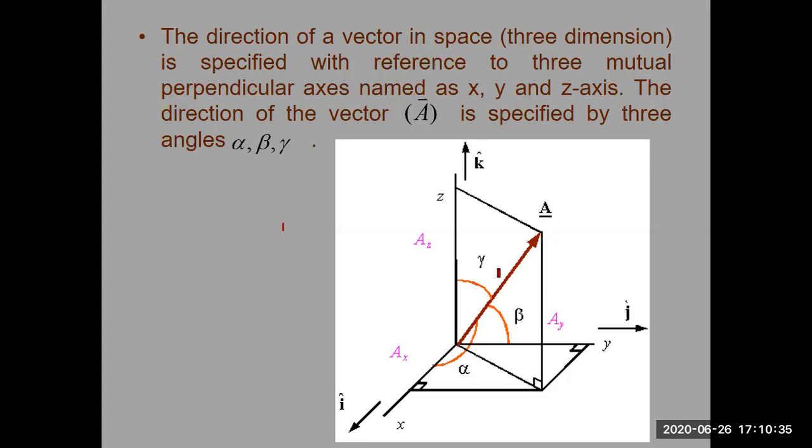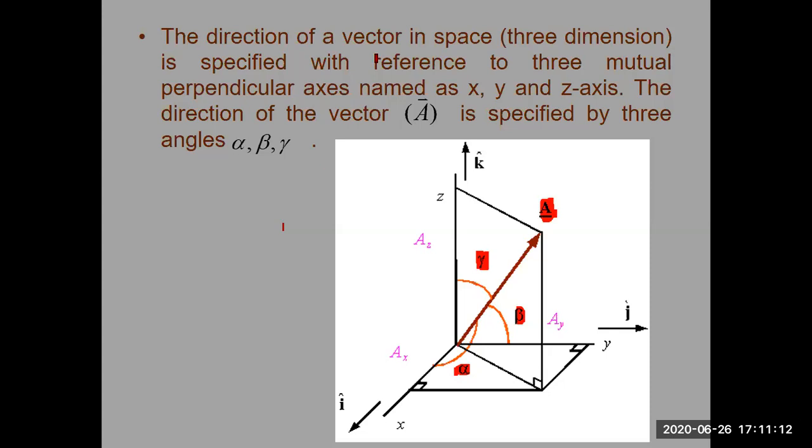If you look at the position of that vector, it is in between the three axes, that is A. This is the position. So this force, if it is a force, is making an angle alpha along the x-axis, an angle beta along the y-axis, and an angle gamma along the z-axis. These are the three angles which this position vector is making with the three axes x, y, and z. So its coordinates are ax, ay, and az.